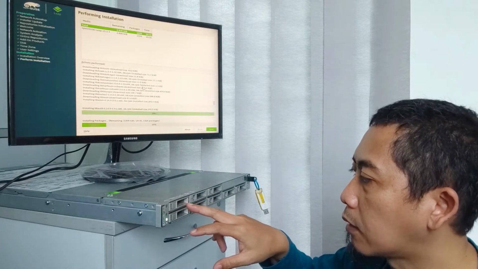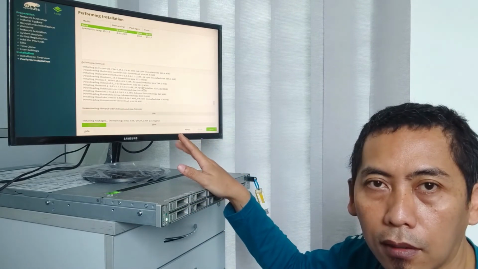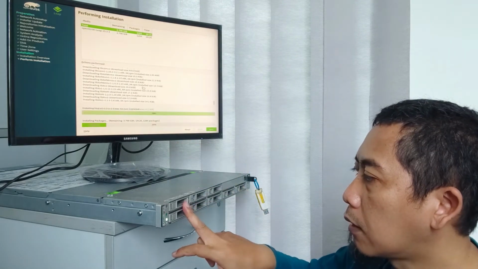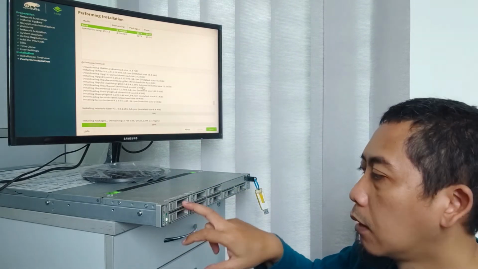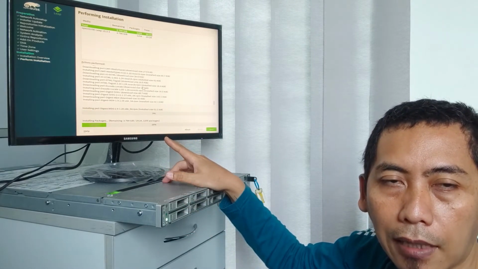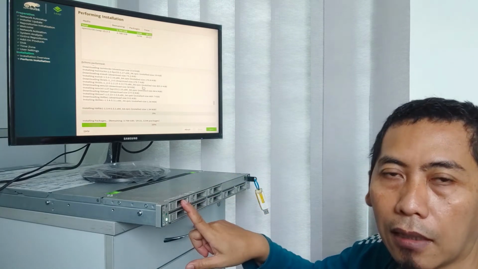This is the 600 SAS drive, not yet configured. As you see on the front, it's not detected as a hard drive here, but I will check later in CLI mode whether it will be detected or not.